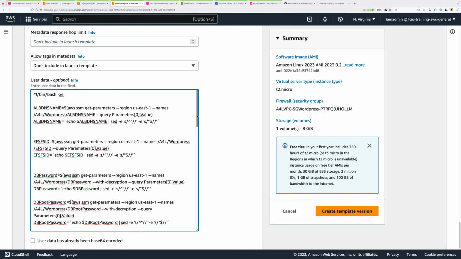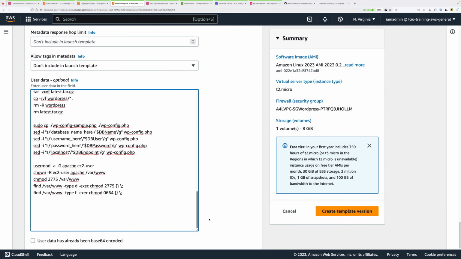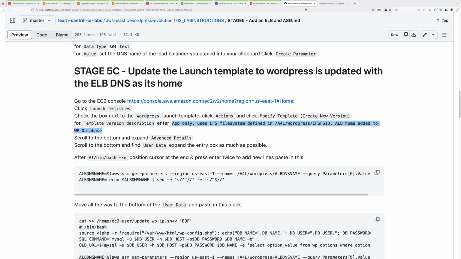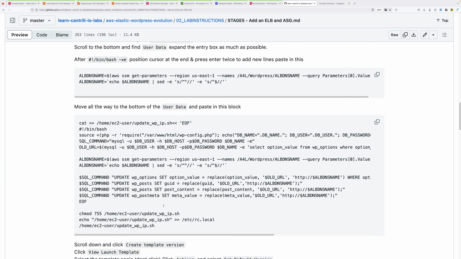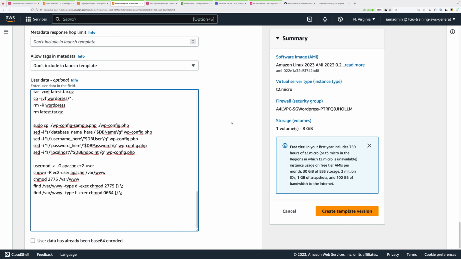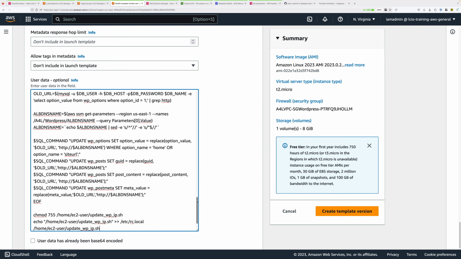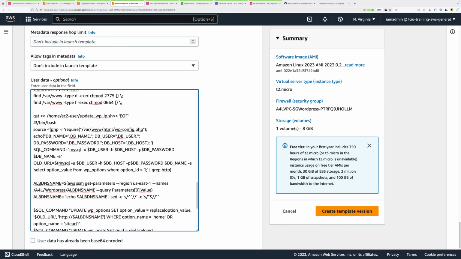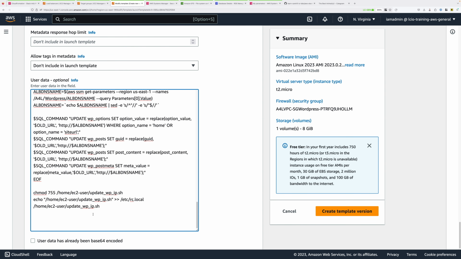Now next, move all the way down to the bottom of this user data. So the last step that we want a machine to do when it's provisioning is to perform this update of the database. So there's a fairly large block of text which you need to copy from this stage's text instructions. It's stage 5, and you need to paste this into the bottom of this file. So right at the bottom, after these last 2 find statements, paste in this block. So this should start with the cat command on the top line of what you've just pasted in, and then all the way down at the bottom, it should end with /home/EC2-user/update